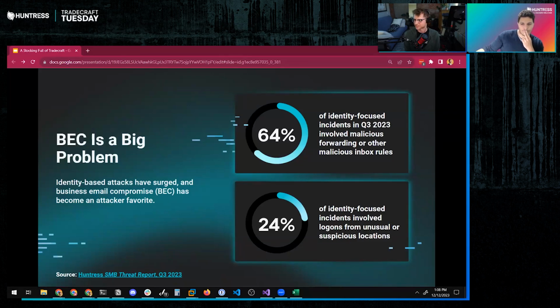Even before I was at Huntress, I saw this happen, even to my friends, and you would hear stories of how they would say, I thought I was talking to them in my email, and lo and behold, I wire the money and then they empty my account, and that's where we're at now. So business email compromise, big problem, but business email compromise is a final action, or maybe not necessarily final, but it is later in the attack chain, right?